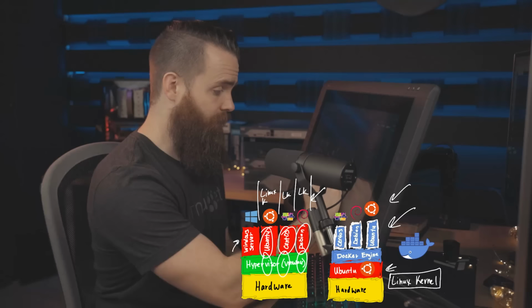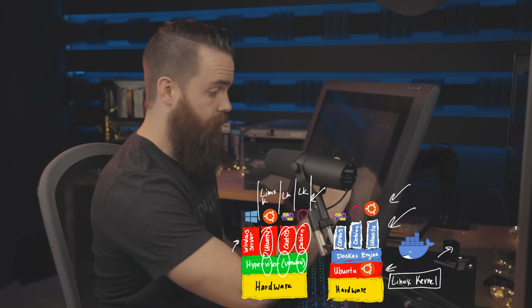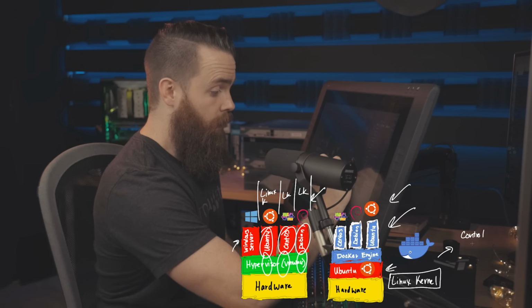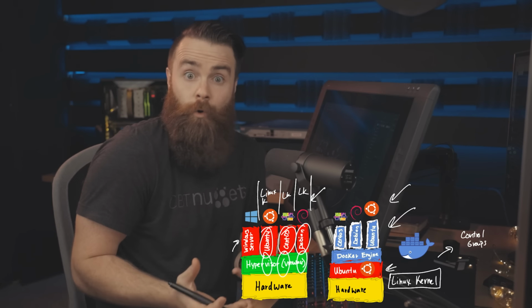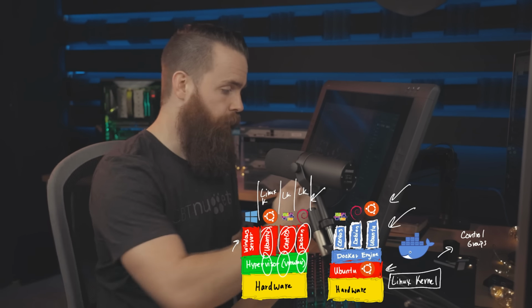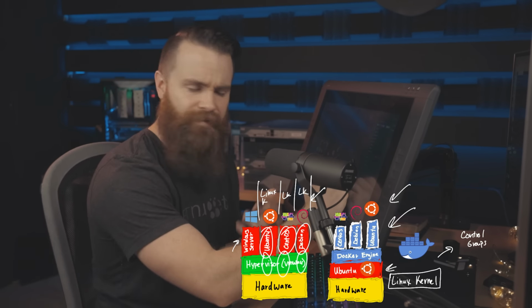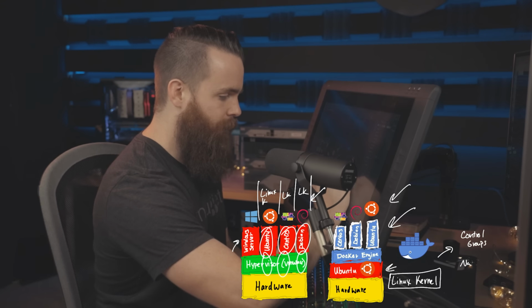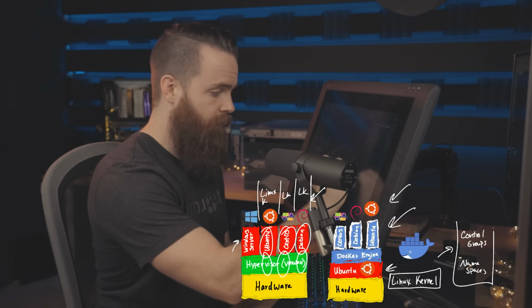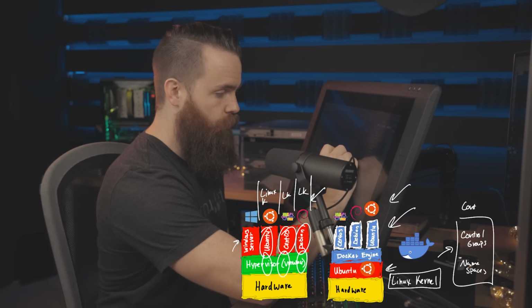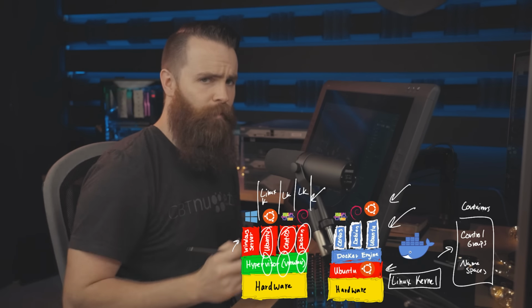Maybe you want to learn more about how containers work. Maybe you want to learn, hey, they're using control groups, which are defining how much CPU, how much memory, how much OS resources you're giving each Docker container, and then how they're segmenting and isolating everything with namespaces. And by the way, these two concepts that can be attributed to containers have been around for a long time.